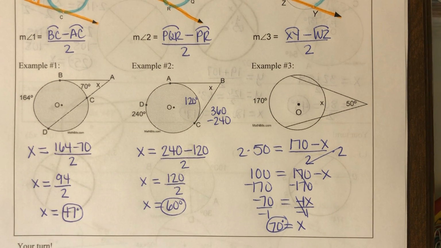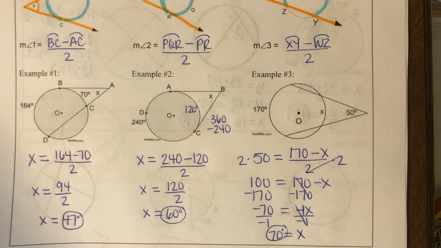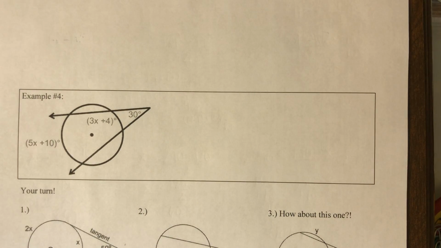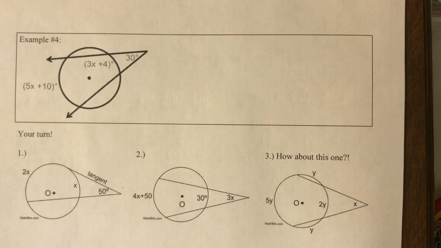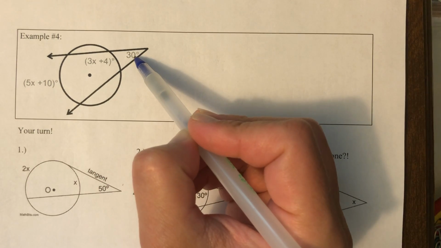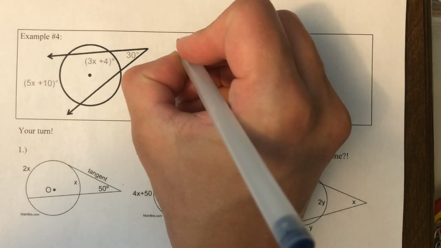So you can pause here and work on those. I'm gonna move on to the last example. It's not a new theorem, it's just a tougher example that I want to show you how to do. So on to example 4 here. So notice it's still the angle outside, right? I have two intercepted arcs. So the angle outside